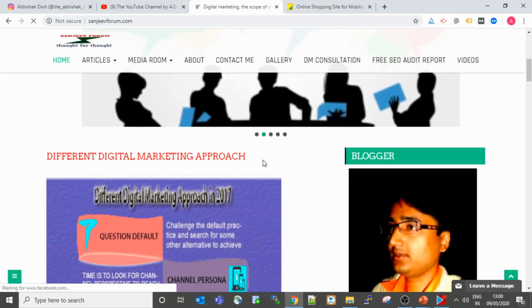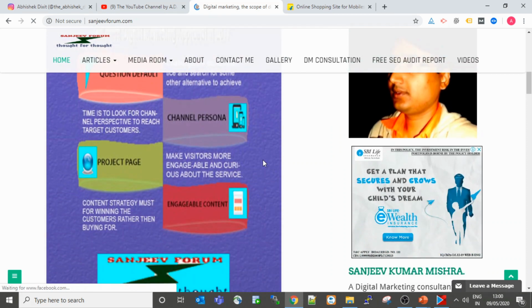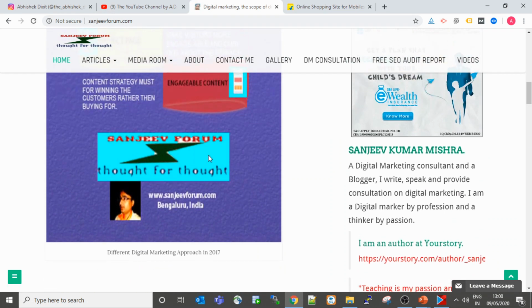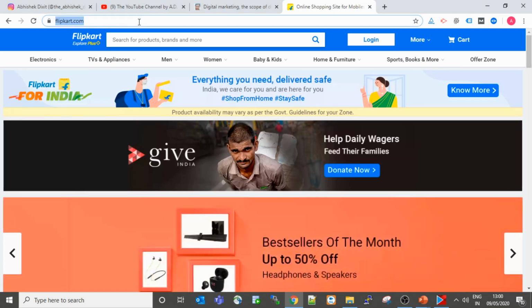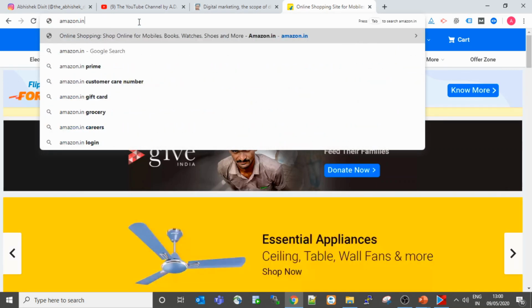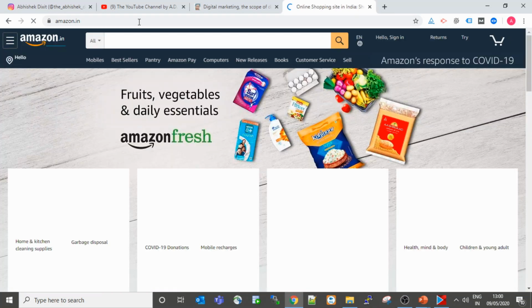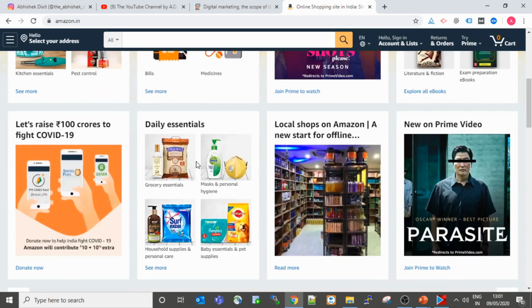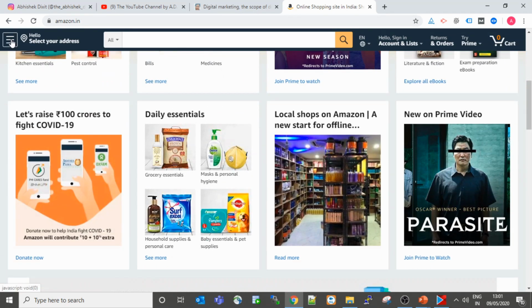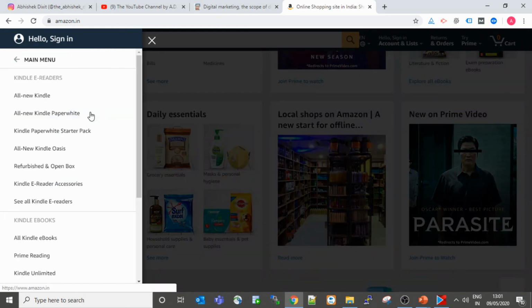You just close the tab and you go out of the website, right? Like this, you have to optimize your images. So here also, if you search for amazon.in, you can see within 2 seconds the pages are loading, right? You can see the content of the page within 2 seconds. You can go to any of the pages. Okay, I'll click here and we can go to any of the pages over here.